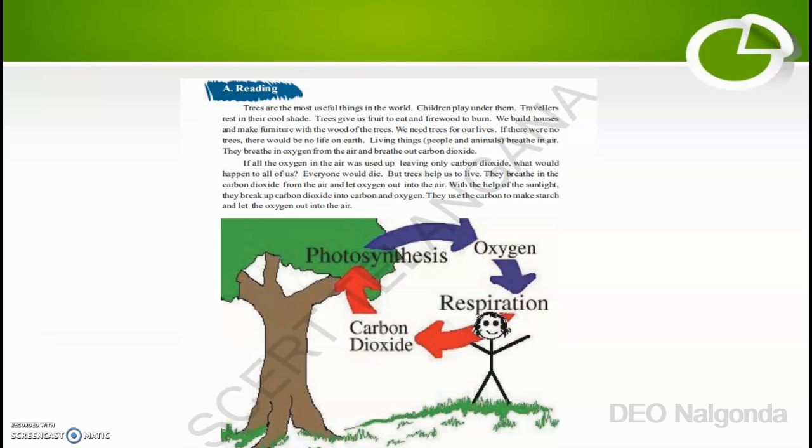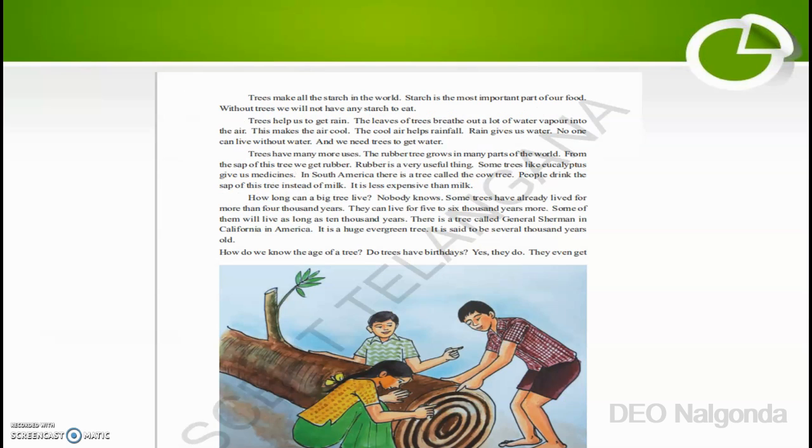They breathe in the carbon dioxide from the air, and they are letting out the oxygen into the air with the help of sunlight. They are breaking up carbon dioxide into carbon and oxygen. So trees are giving us the food. So please children,